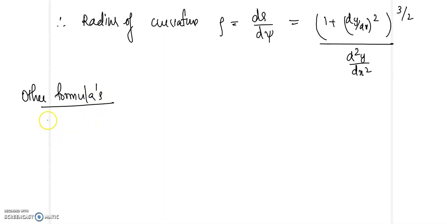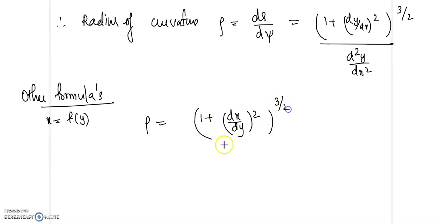So if you have a function in the form x equal to f of y, in that case the radius of curvature rho can be expressed in the form 1 plus dx by dy whole square whole power 3 by 2 by d square x by dy square. And